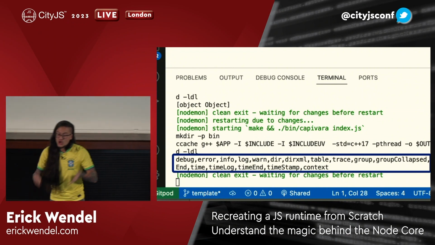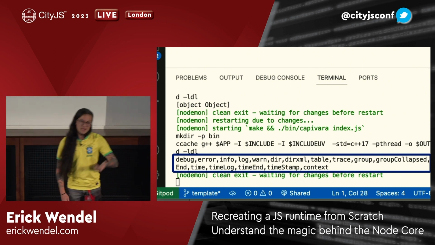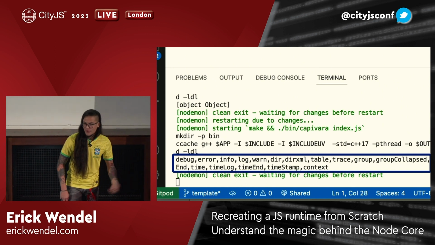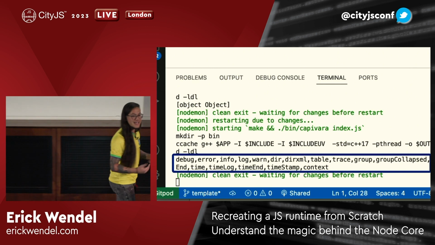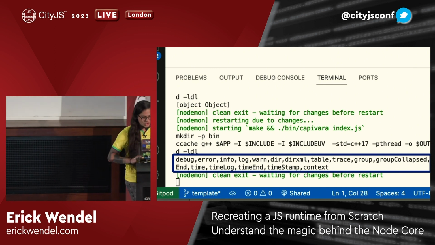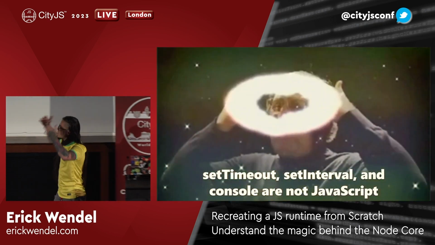Well, it turns out console.log is an internal thing. It's the environment, right? On C++, we usually use printf. On the browser, they could use however they want, but on Deno, they can implement as they wish. So for me, it was like, oh my God, this is so nice.